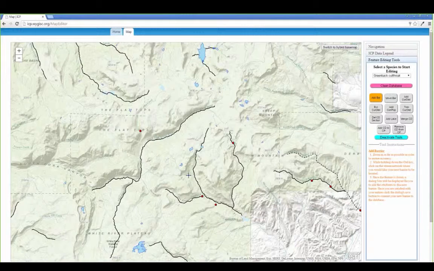So there would be this automatic vetting process where the GMU lead had to sign off on the data before it received full quality status in the database,